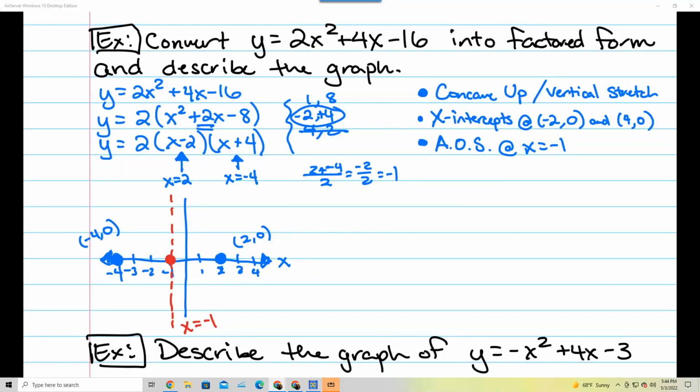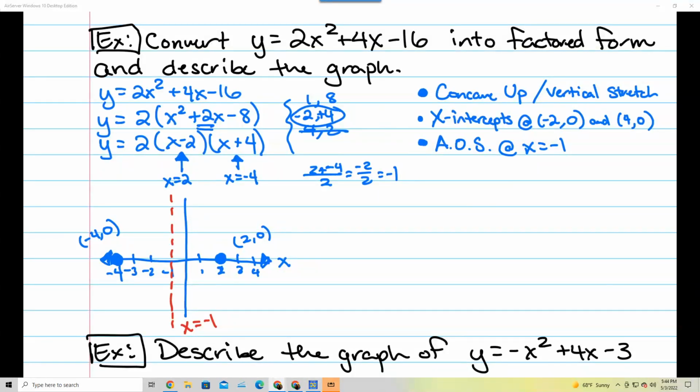Now, let me go ahead and get rid of that red dot. I don't like that red dot. Kind of makes it look like it's a point on my graph. It's not, okay? It's a line of symmetry, x equal to -1. Now, I'm going to use that axis of symmetry, the x equal to -1, because I don't know where the